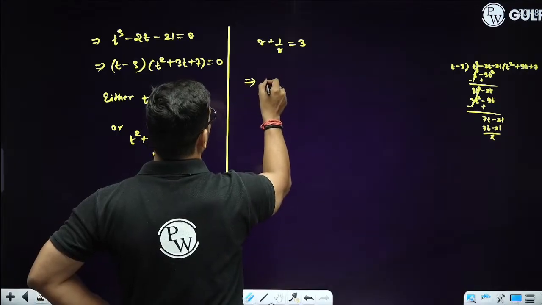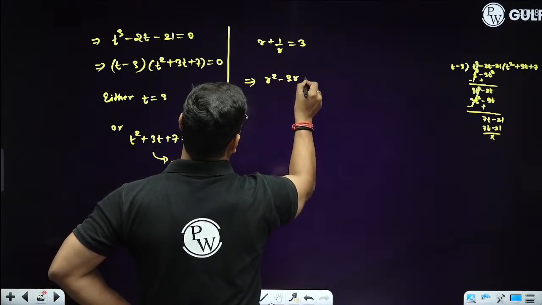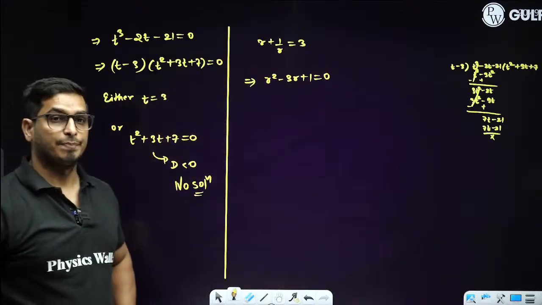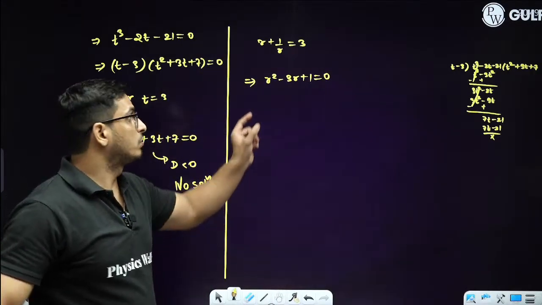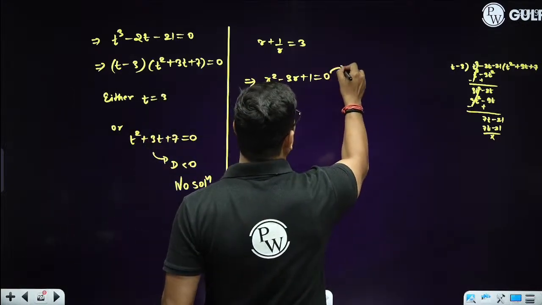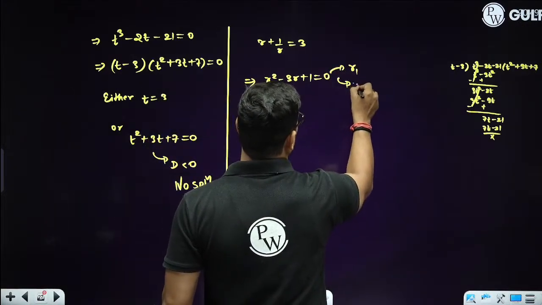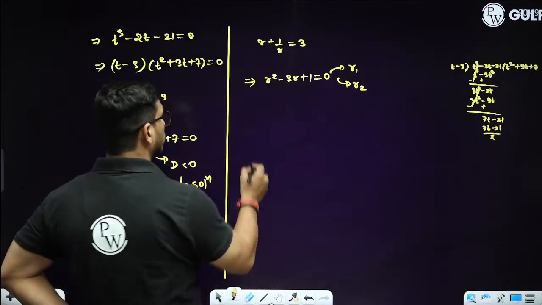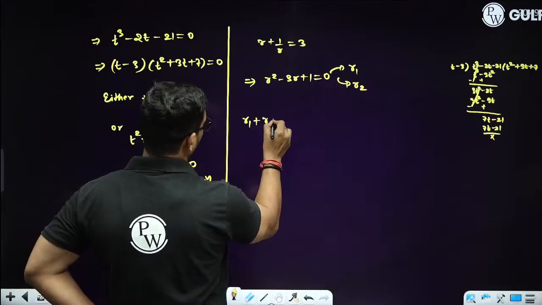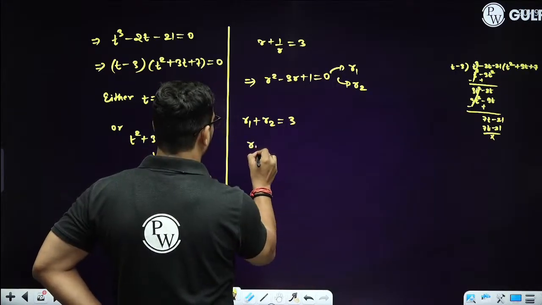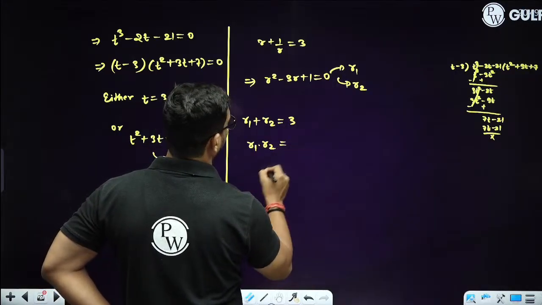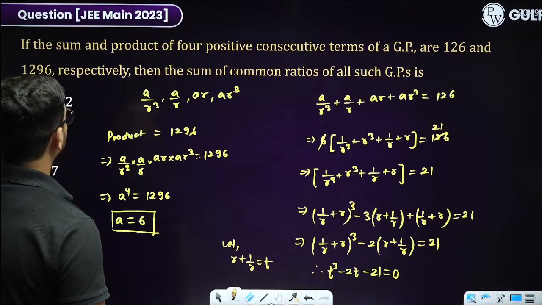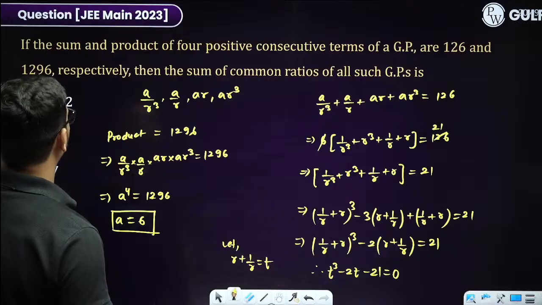Okay, so this means r square minus 3r plus 1 equals 0. From here we have 2 r's, meaning 2 roots, r1 and r2. So r1 plus r2 would be 3 and r1 into r2 is 1. They are asking, if the sum and the product are 3 and 1 respectively, then the sum